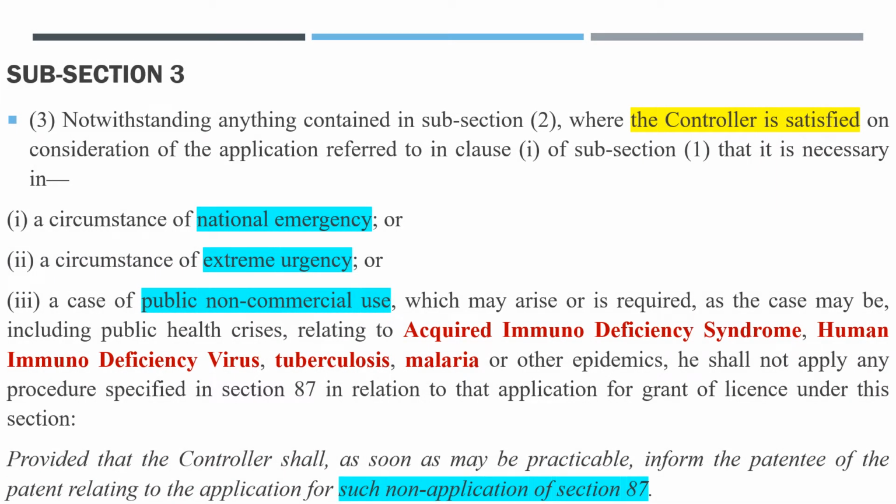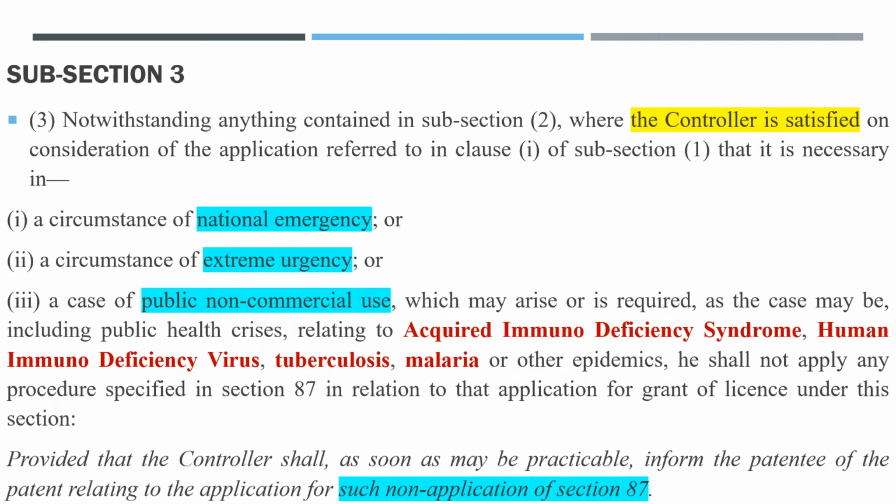Subsection 3 says, notwithstanding anything contained in subsection 2, where the controller is satisfied on consideration of the application referred to in clause 1 of subsection 1 that it is necessary in clause 1, a circumstance of national emergency, or clause 2, a circumstance of extreme urgency, or clause 3, a case of public non-commercial use which may arise or is required as the case may be, including public health crisis relating to acquired immunodeficiency syndrome, that is AIDS, human immunodeficiency virus, HIV, tuberculosis, malaria and other epidemics, he shall not apply any procedure specified in section 87 in relation to that